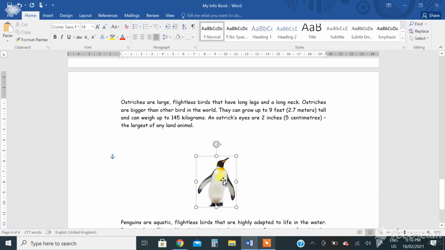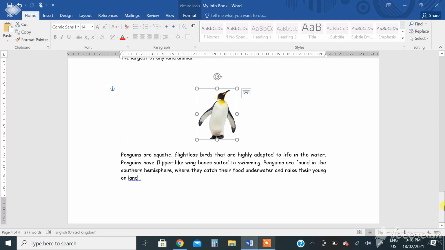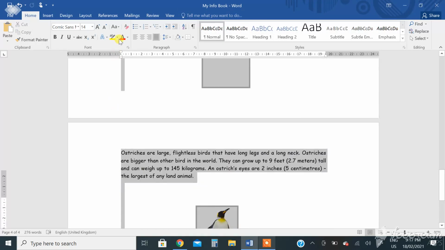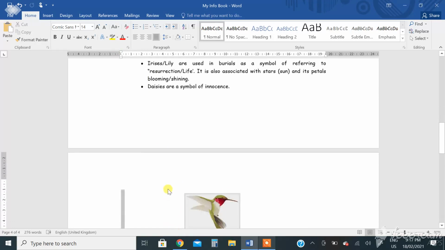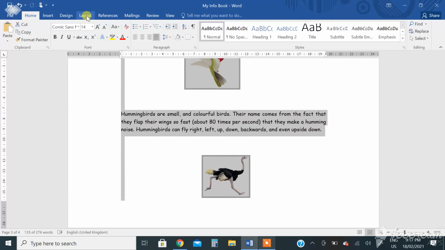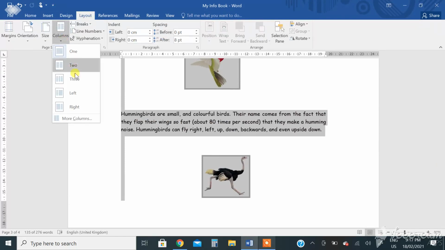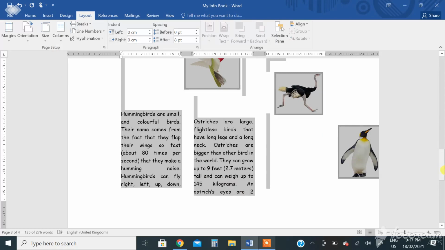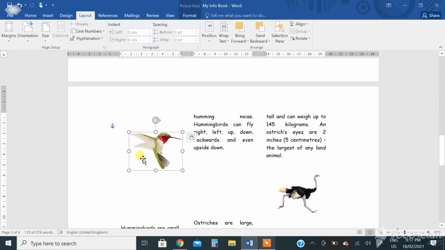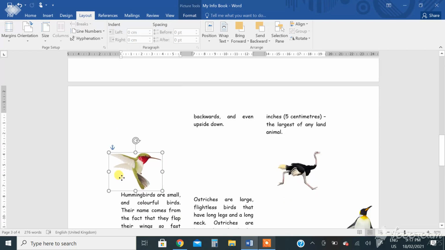Now select the entire of these two pages and convert it to 3 columns as shown. Now you have to select all only till here. Select all these last 2 pages, go to Layout tab, Columns, and make it 3. Okay, like this. Now you have to arrange it like this.